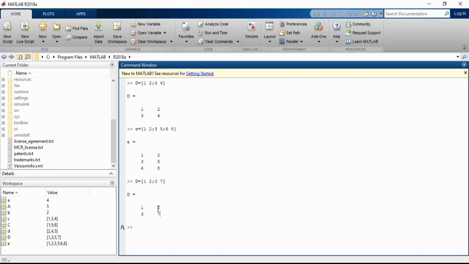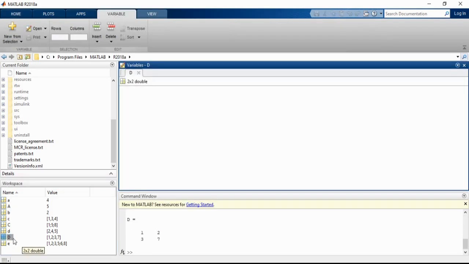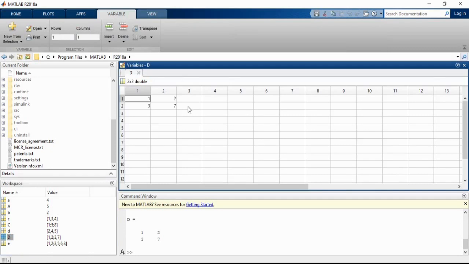Or if you don't want to enter the command, you can simply double click this d in the workspace, and it will open the variable editor. In this you can directly change whatever you like. So I will change the variables here.